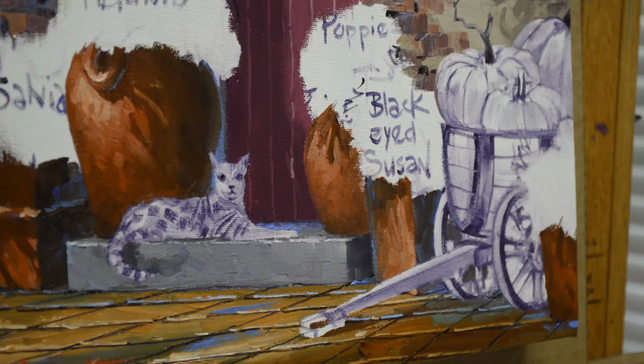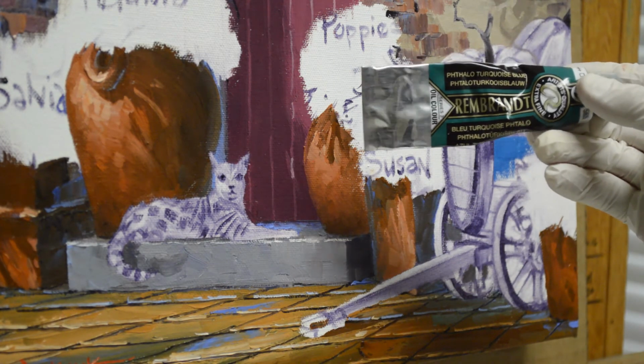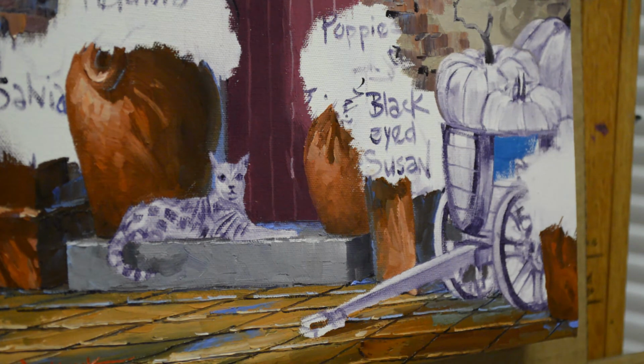But anyway, this is going to be a mixture of a turquoise blue made of phthalo blue plus a little bit of phthalo turquoise blue. That's a Rembrandt oil color. It's a special color, and we use some of these colors that aren't on a regular palette, but this is Rembrandt phthalo turquoise blue, and I've mixed the two together to give a little more of a turquoise hint to